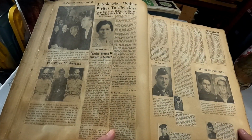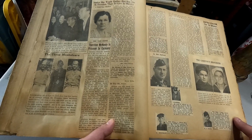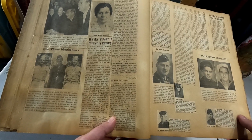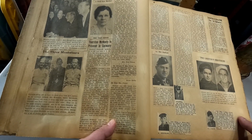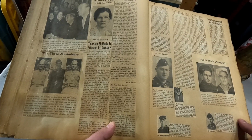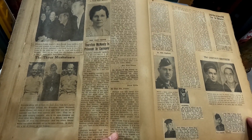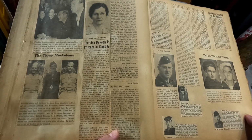This headline says, "A Gold Star mother writes to the boys, states she would rather her son die in freedom than to live in slavery." "Since my son was killed in North Africa, I've been asked occasionally how I felt about the war, how a mother feels who has seen a son in full bloom of strength and manhood march away to never come back. It is a hard question to answer. We knew that Nathan was in the combat zone and he was in danger, and only a mother could know the silent worry and anxiety this brings. But we hoped and tried to believe that no harm would come to him, that he would come